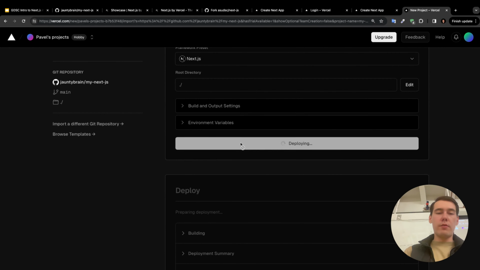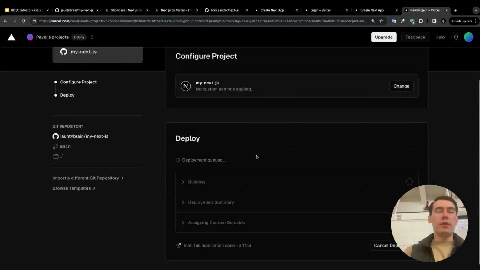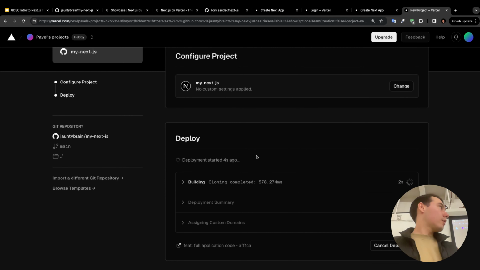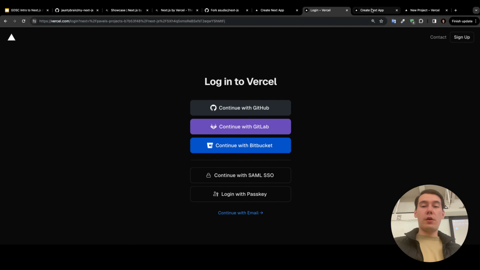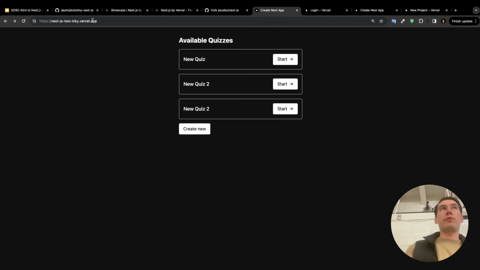I'm gonna call it whatever, just everything is default here, no brainer. It's gonna deploy it. Now what is it gonna do? It's gonna copy the code that I just showed you on this link when we started. You see it's Next.js to linky Vercel.app. Next.js is the name of the repository, by the way. So it just gave me a little domain name and I can use it. This is what I've been hosting from our GitHub that you just forked from. Now, since you just forked from it, it's yours now, and you can have your own domain and your own